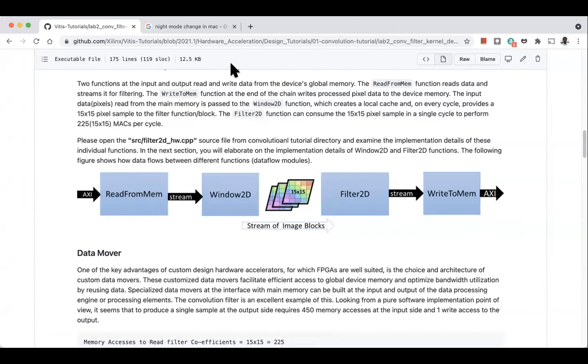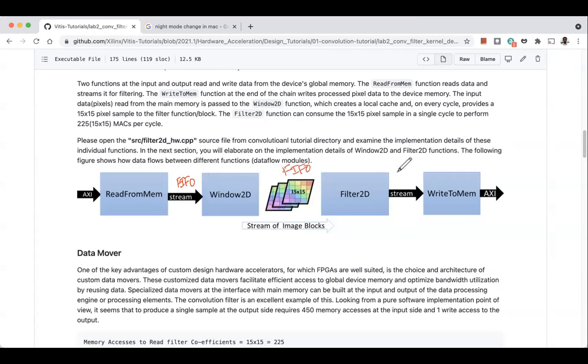There are 4 stages here. These 4 stages are connected by streams, and every stream is a kind of FIFO buffer, a first in first out buffer.